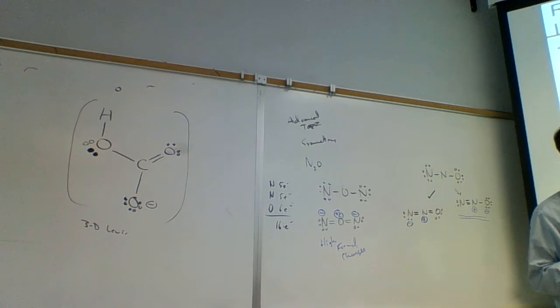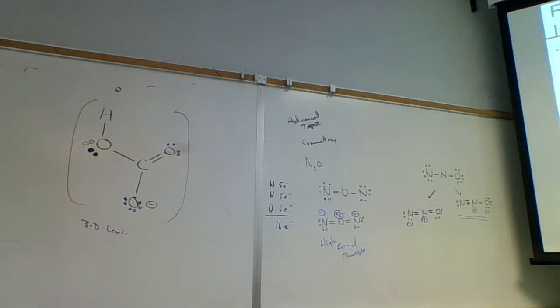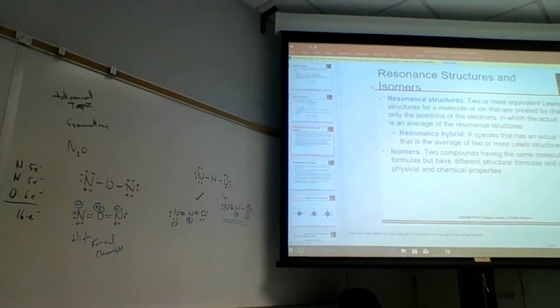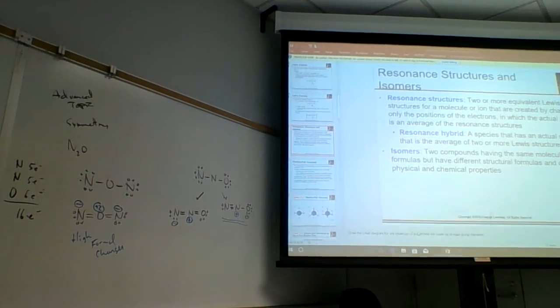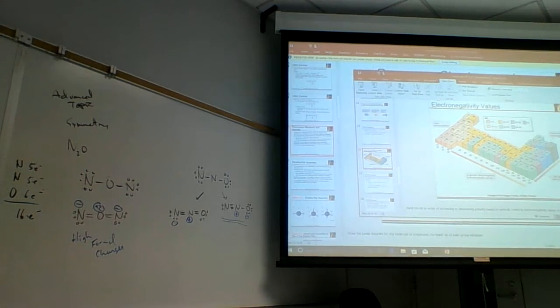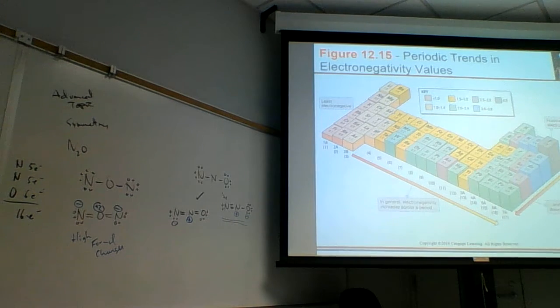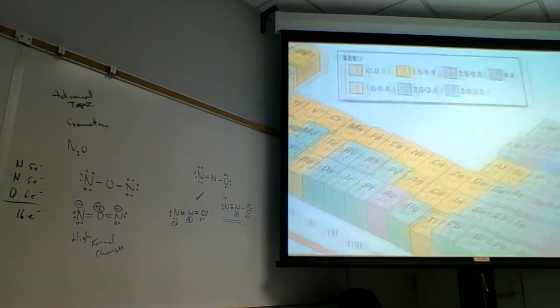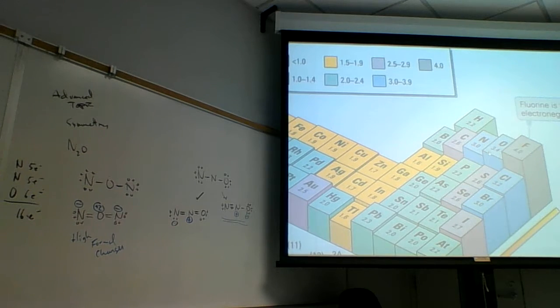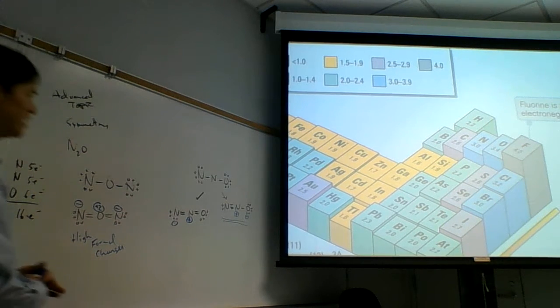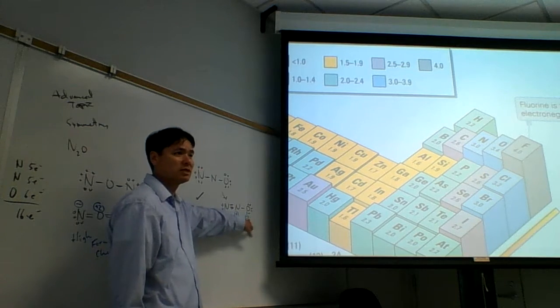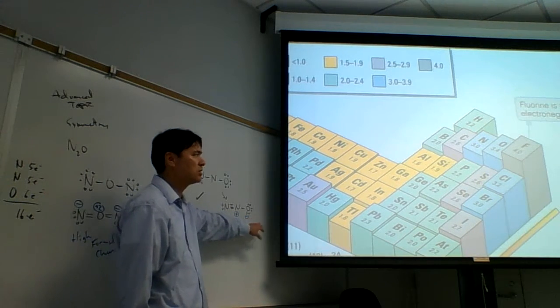But the problem here is this. How big of a difference is there between nitrogen and oxygen in terms of electronegativity? Yeah, 0.5 according to the Chem 1A book. Let me just check with the Chem 4 book. In the Chem 4 book, it's not even 0.5. The difference in electronegativity is 0.4. And so they aren't that different. Yes, I expect the negative to be more stable on the oxygen, but nitrogen is no,